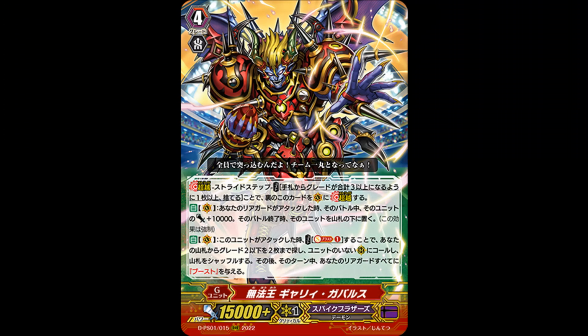Generic stride stats, I'm not gonna do that over and over. And the skill is Auto Vanguard. When your rearguard attacks, that unit gets plus 10k power at the end of the battle, and then at the end of that battle, you put it to the bottom deck, and this effect is mandatory. So basically the break ride skill of Bad End Dagger, but this time on a stride, which is not bad for Spike Brothers because that is what you want to do, especially because it combos well with the second skill,